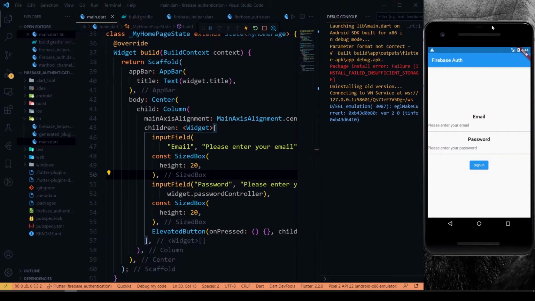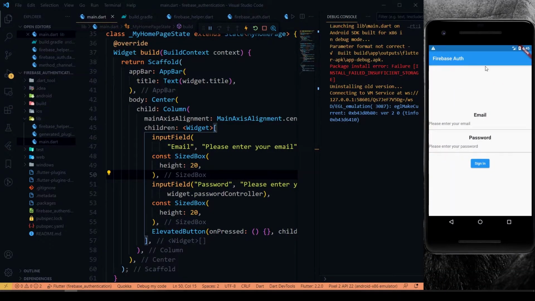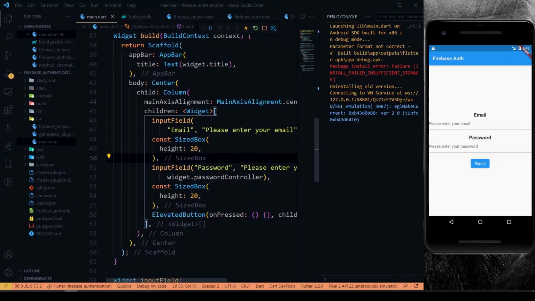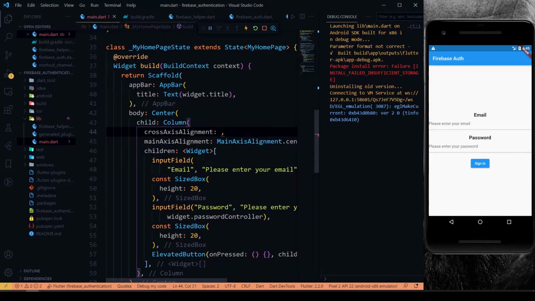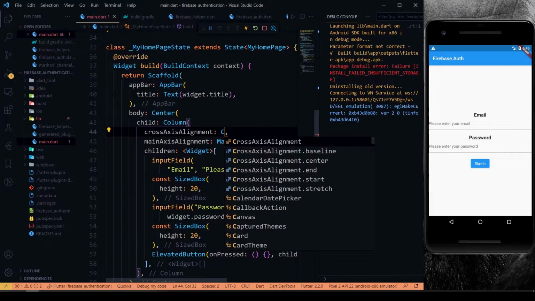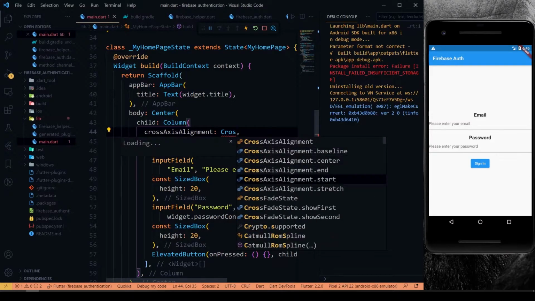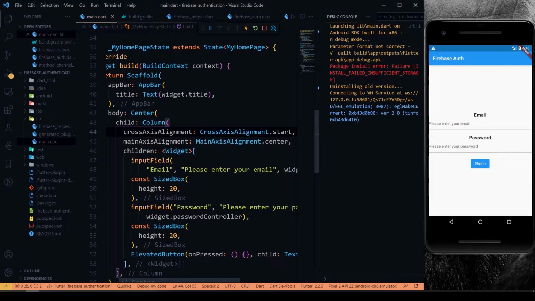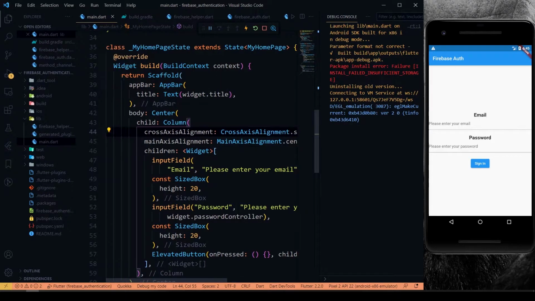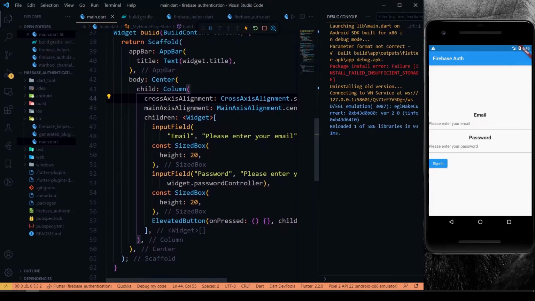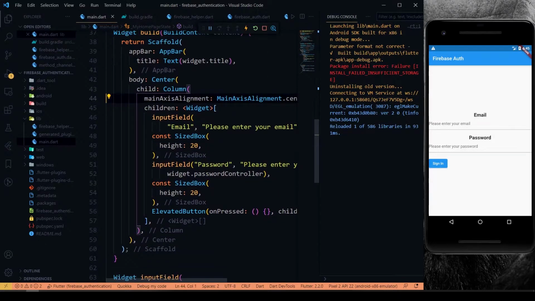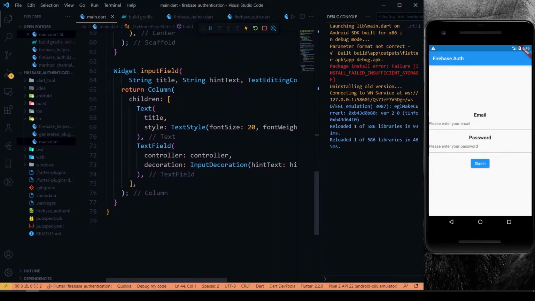So here I am having an Android emulator. Just to make the UI look good, I'm going to call a cross axis alignment with start. Okay, not here.